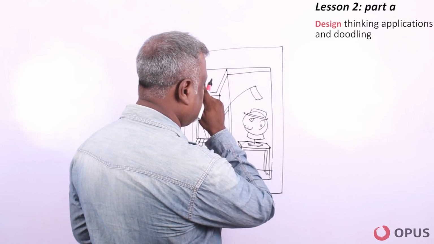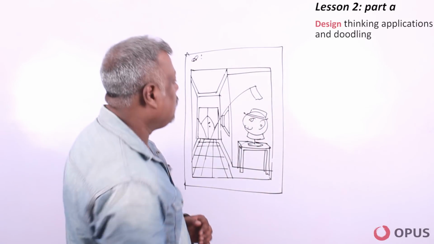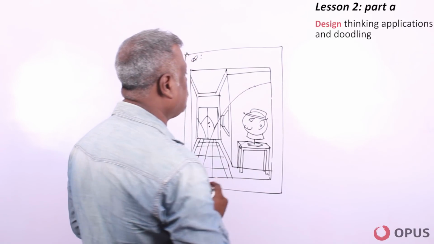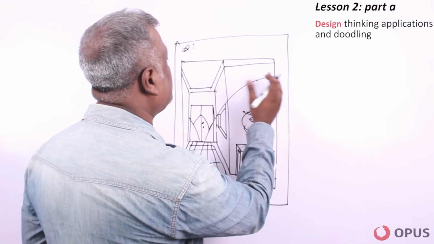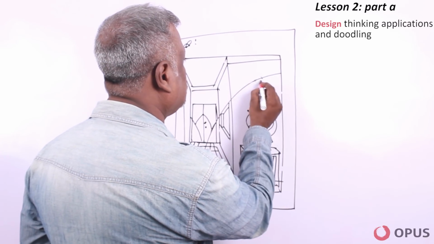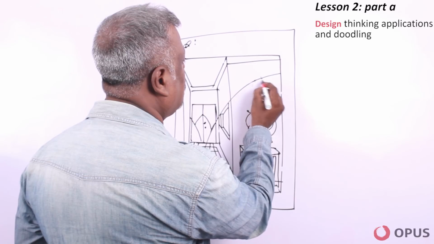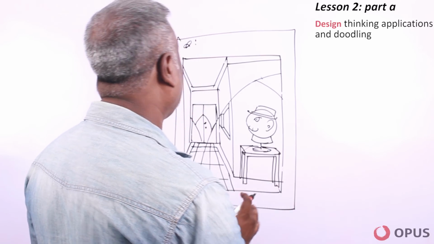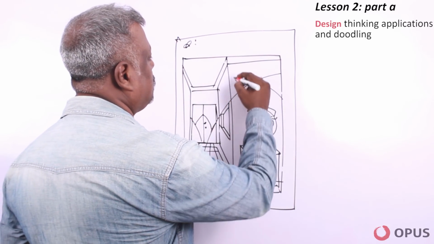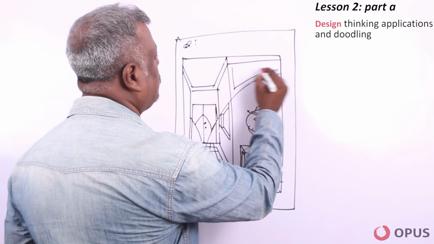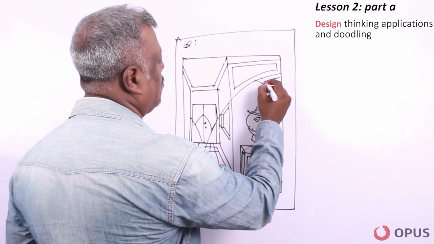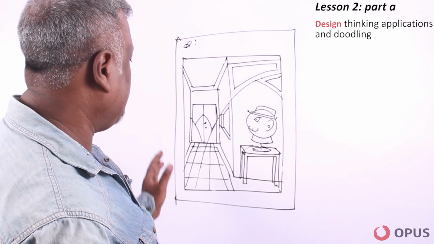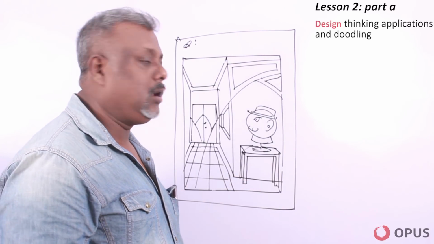At this part, maybe I've done this, so I would not like to create this one. Rather, I would continue this line over here, and this may be just a graphic on the wall. Okay, just a graphic on the wall to give it a look of a space where something is interestingly put up. You know, some design space. This is a design space of a wall. Okay, and you can see now, this picture is almost completed, so no particular lines are just left out